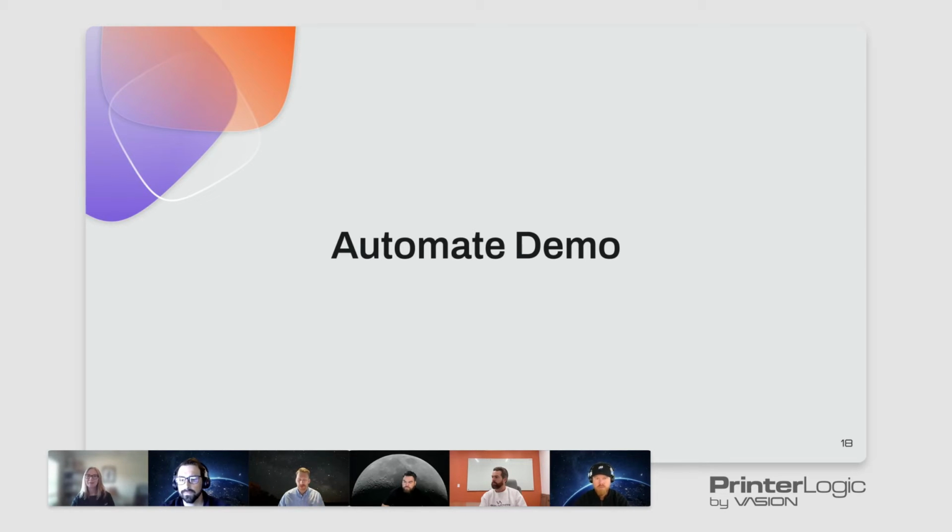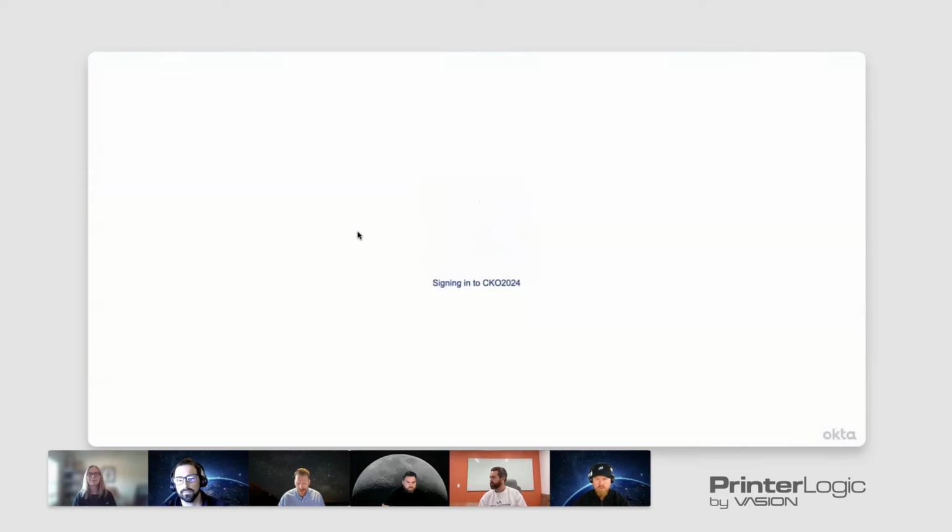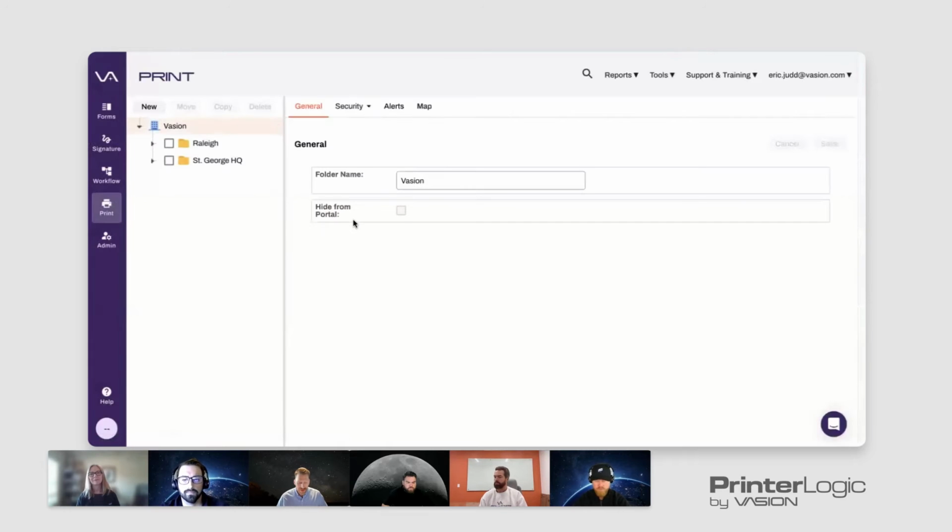I'm going to jump over to the login screen that you'll see when you opt in. We'll sign in with single sign-on with Okta there. And that brings me right to a screen that you should be quite familiar with. You should be used to seeing your Printer Logic instance here. Everything is the same: functionality, same tools, same processes, everything that you're used to, but we've expanded the interface to include a few additional